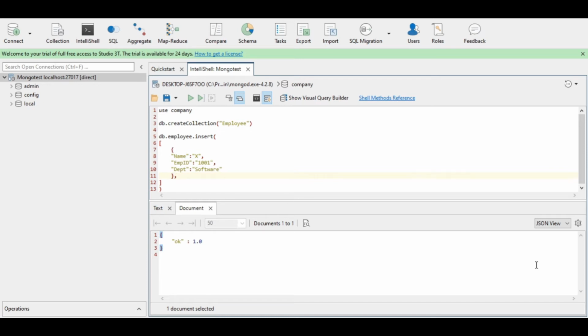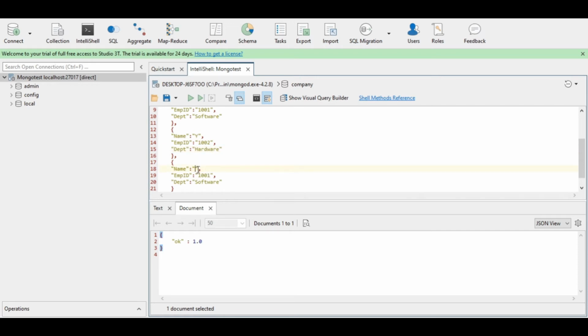Now I need to insert 2 more documents. So let us copy the document which we have inserted just now, and we will be pasting it over here and make some modifications. So let the name of the second employee be Y, the employee ID be 1002, the department be hardware.